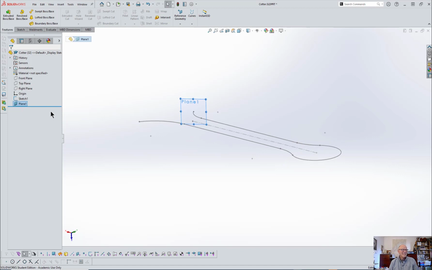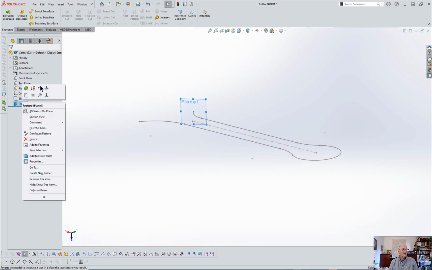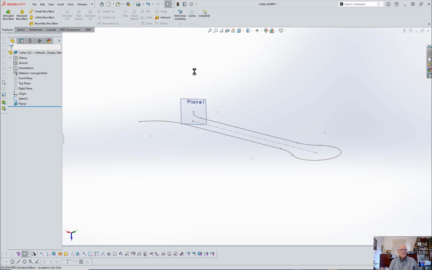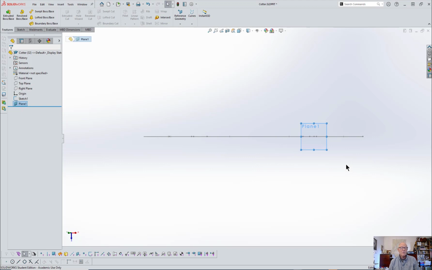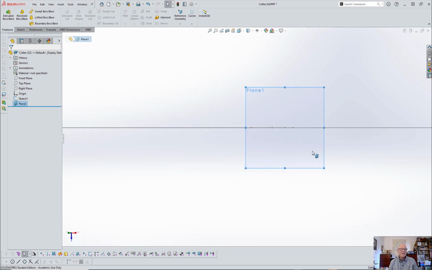I don't want to look at the back side in this case, so I'm going to go back over here, right click, flip the normals once again. Then I'm going to pick the plane, hit the space bar, Normal To, so now it's coming around the way I want. The problem is when you're looking right at it, there's kind of a lot of things going on